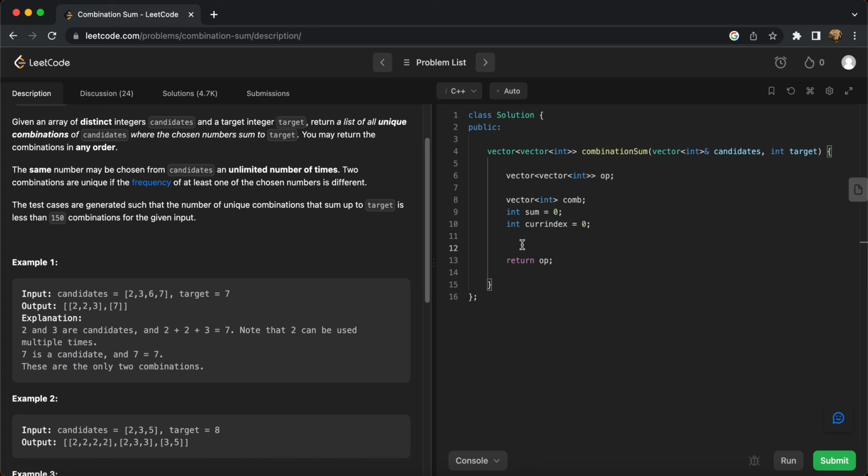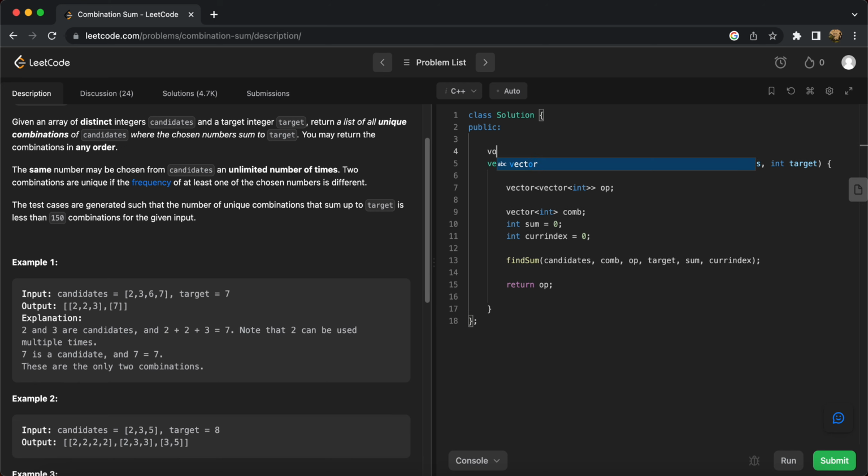So let's name it, say, find sum or something, find sum, and pass the given candidates, comb, op, target, sum and current index, right? And we have to define this function here. So void find sum, vector int